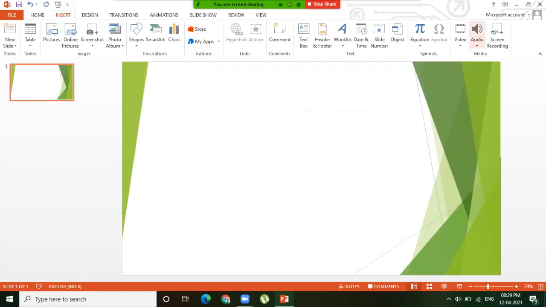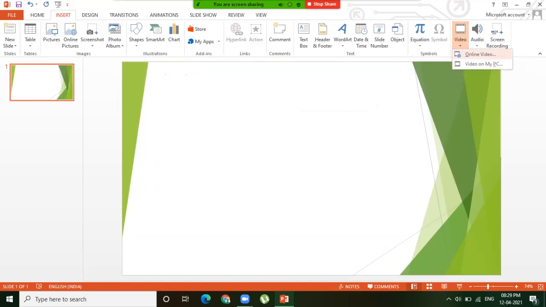Right. So these are the four points under the audio button and video button. Under the audio button, audio on my PC can help us add an audio clip from our computer. Second, record audio: our own voice we can record, and that audio can be inserted into the presentation.